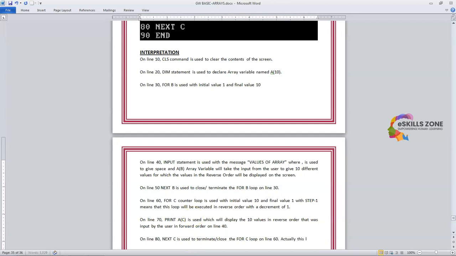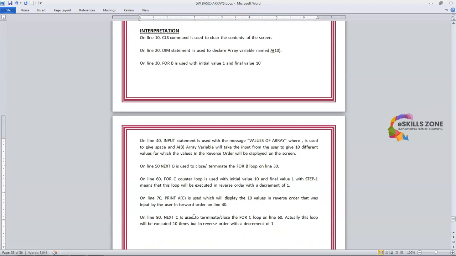Actually, this loop will be executed 10 times, but in reverse order, with a decrement of 1, which is actually a decrement of 1 using the keyword step -1, which is important to mention in the program when we are executing the loop